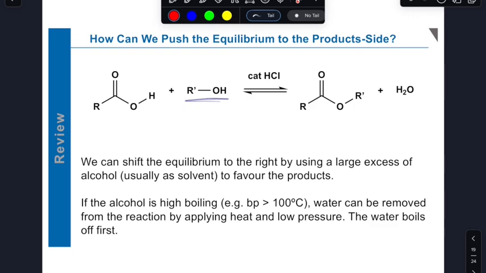In general too, the reason to do this is because we use high boiling alcohol, something where we can actually help to remove the water from the system. As another